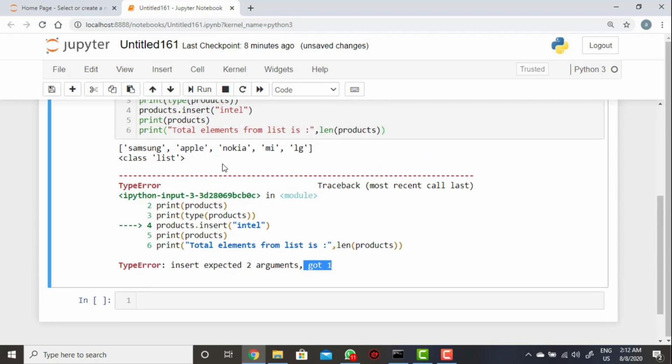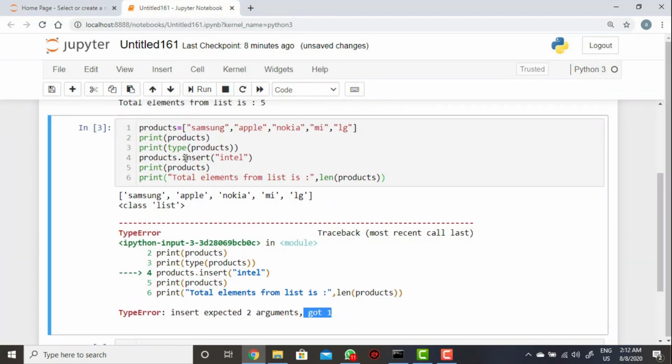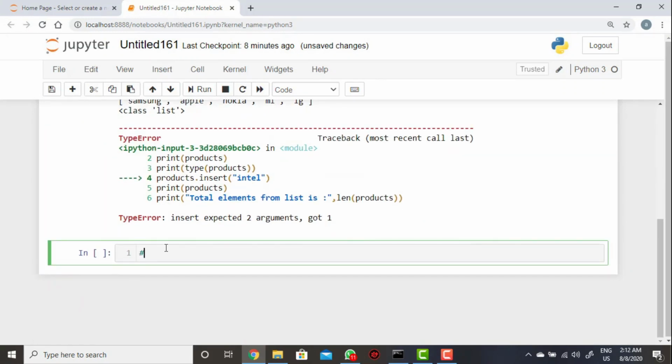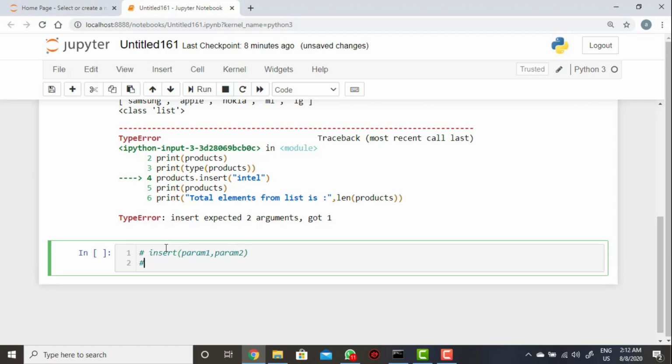That means the insert method or function will take 2 parameters. So insert, parameter 1 and then parameter 2, or arg1 then arg2.